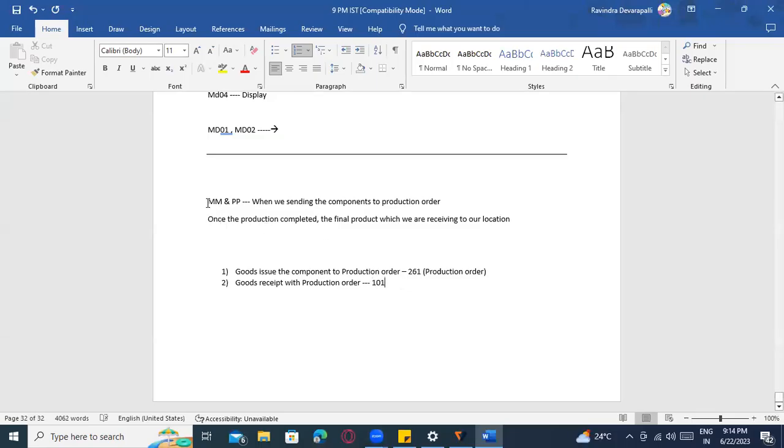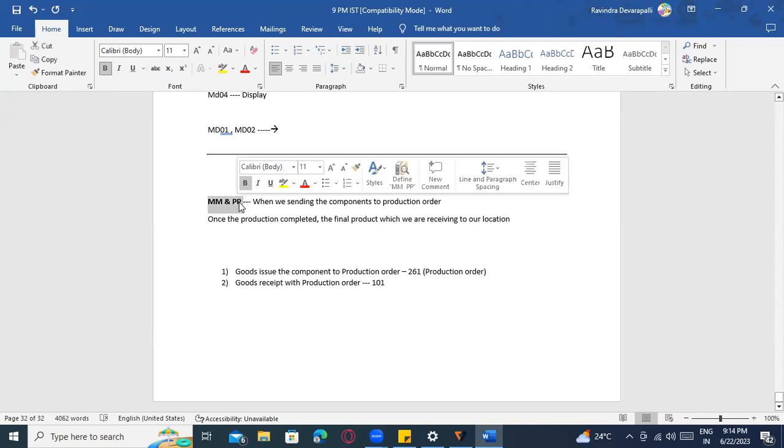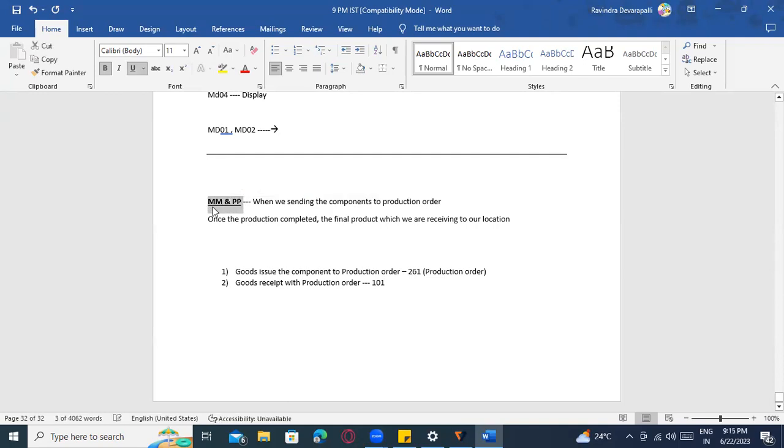Okay, so the topic was MM-PP integration, where PP is integrating with MM and MM is integrating with PP. One of the topics which we discussed was MRP, generally